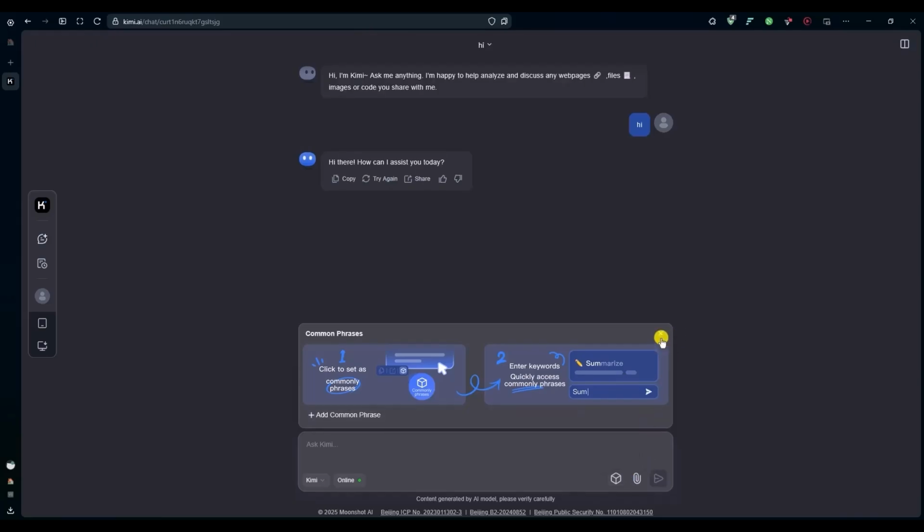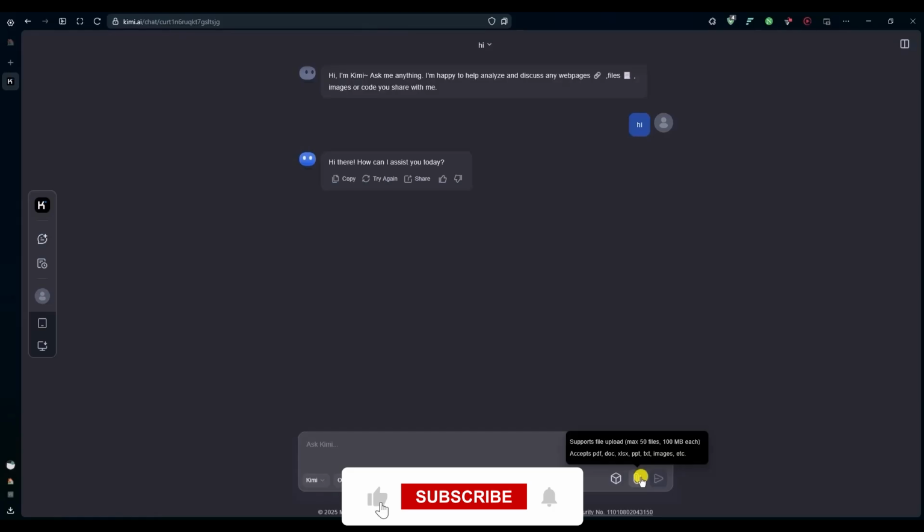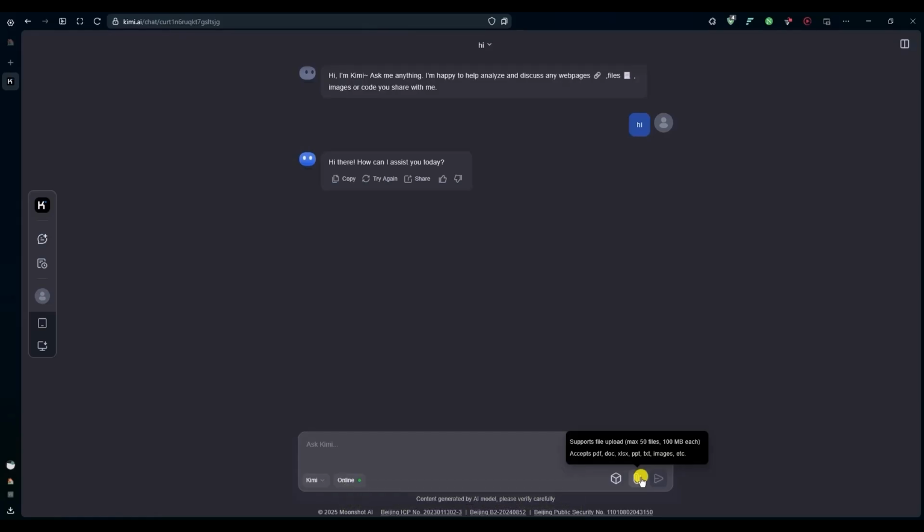Now, you will also have the attachment option. As you can see right over here, just like all the AI chats, you can attach files up to 100 MB. And the files that you can attach are PDFs, docs, Excels, PPTs, text, images, etc. Now, if you go to this side of the menu, you will be able to see the first section is